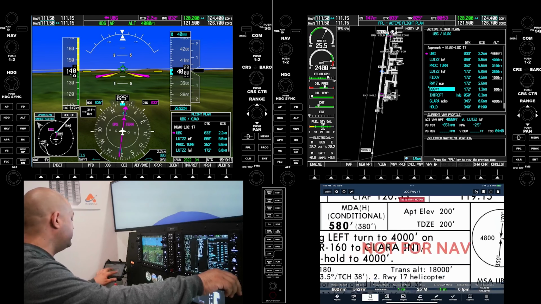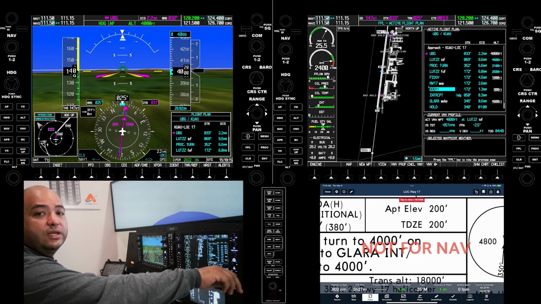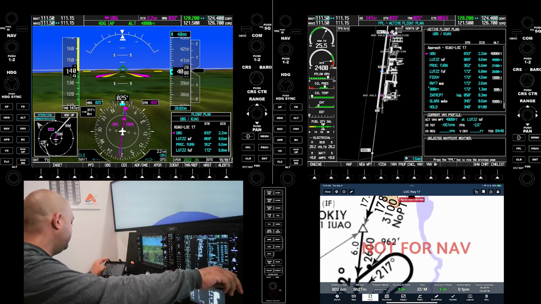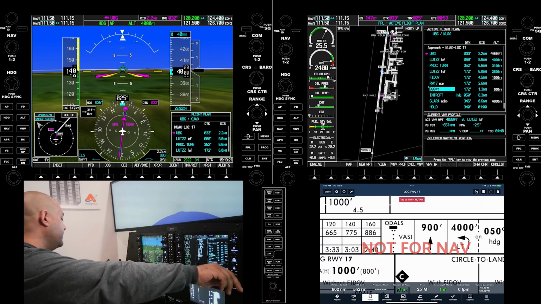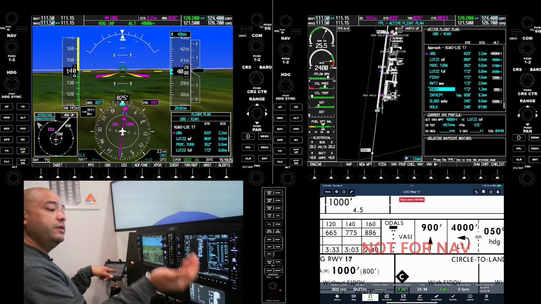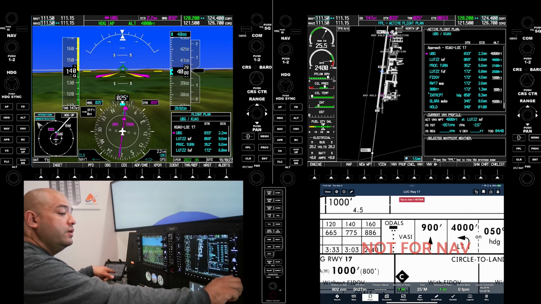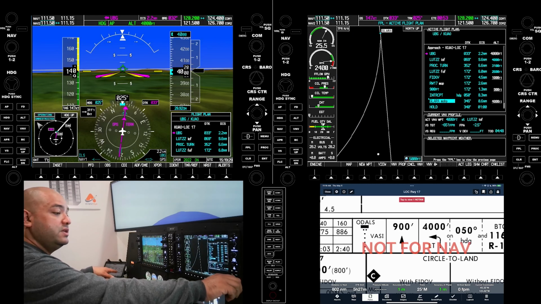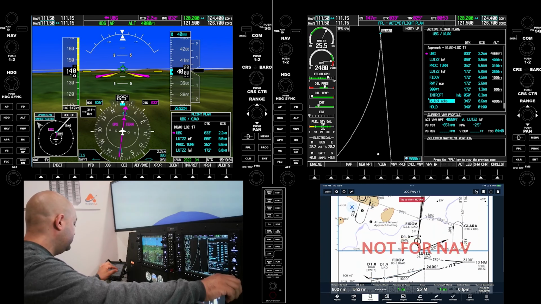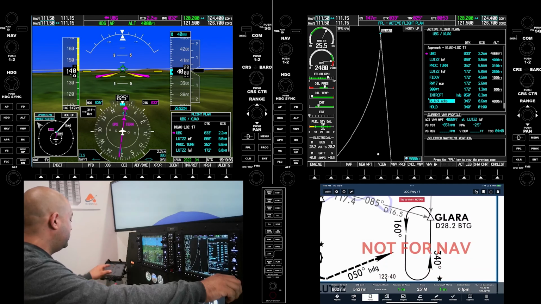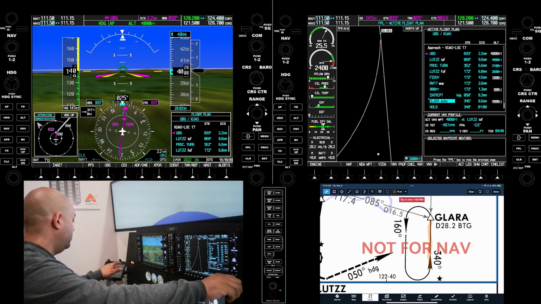The reason it's showing us 900 is because it's going to be 400 feet is the earliest we can turn, right? But in this case, let's take a look. It's 900 because that's what the procedure calls for. We've got to climb 900 before we turn on course. We're going to be intercepting the heading 050 and go to GLARA and hold on the 340 course, which is here. The 340 course is the inbound of this approach.